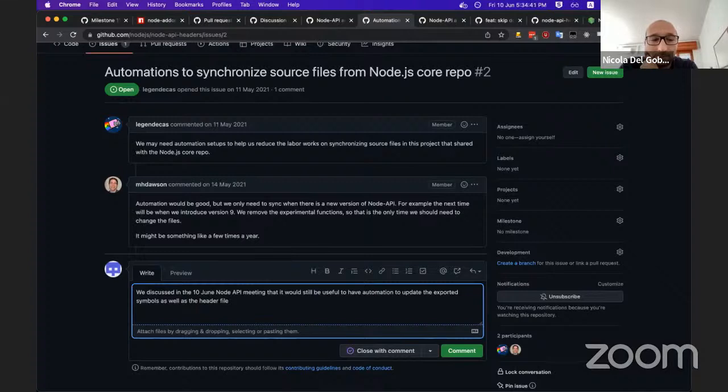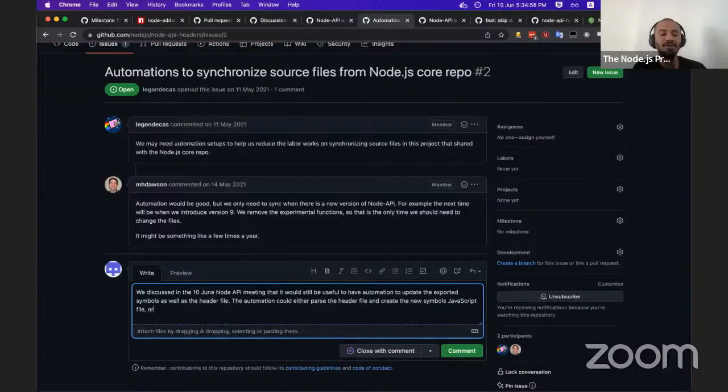Yeah, the header file. The automation could either parse the header file and create the new symbols JavaScript file, or